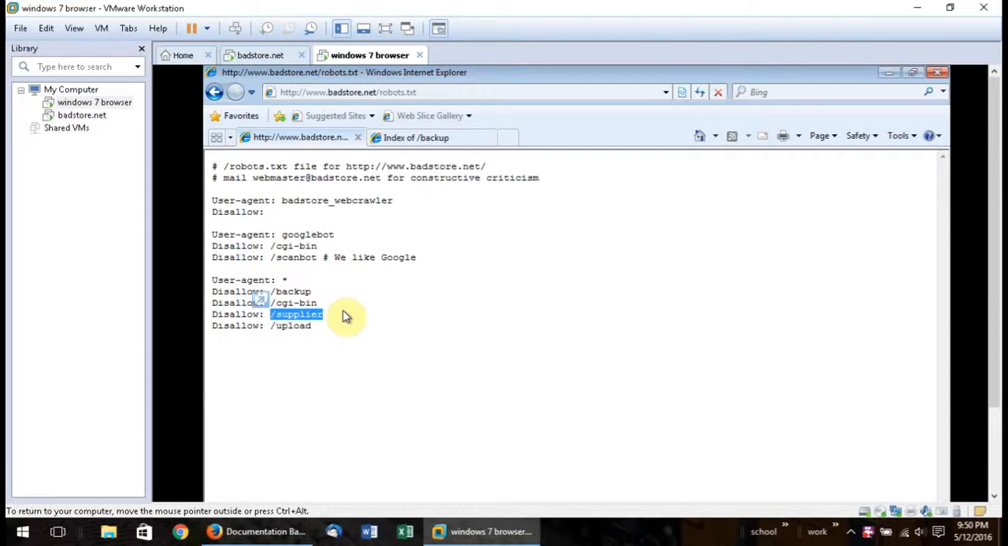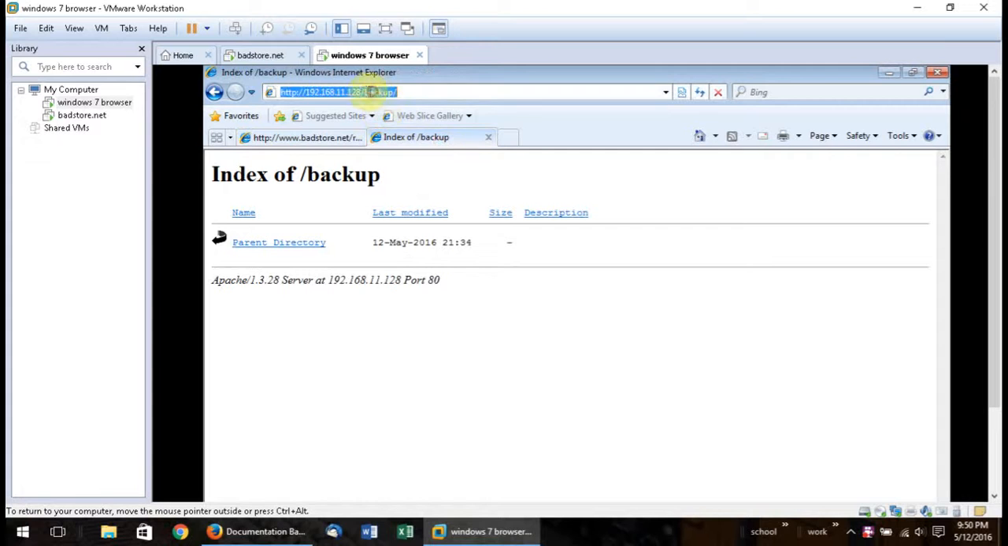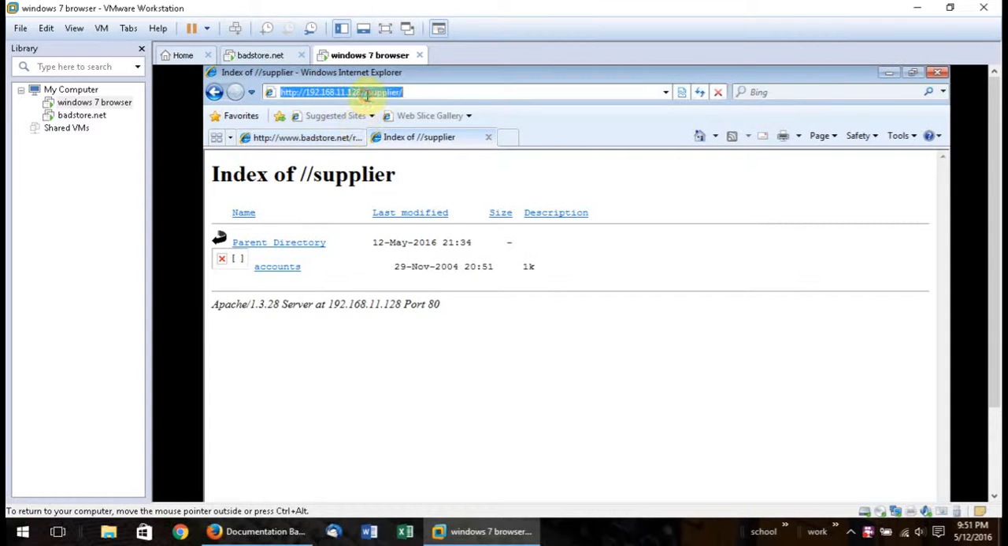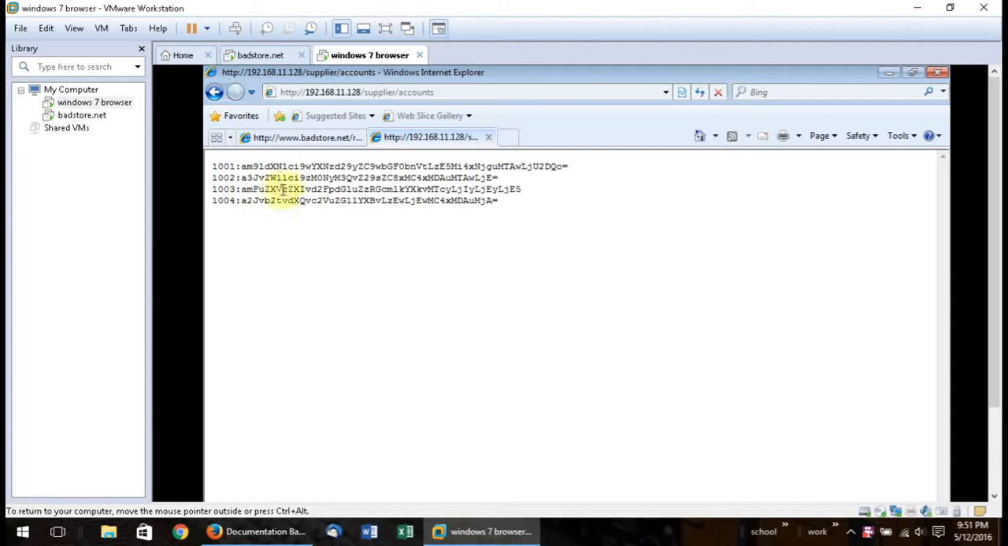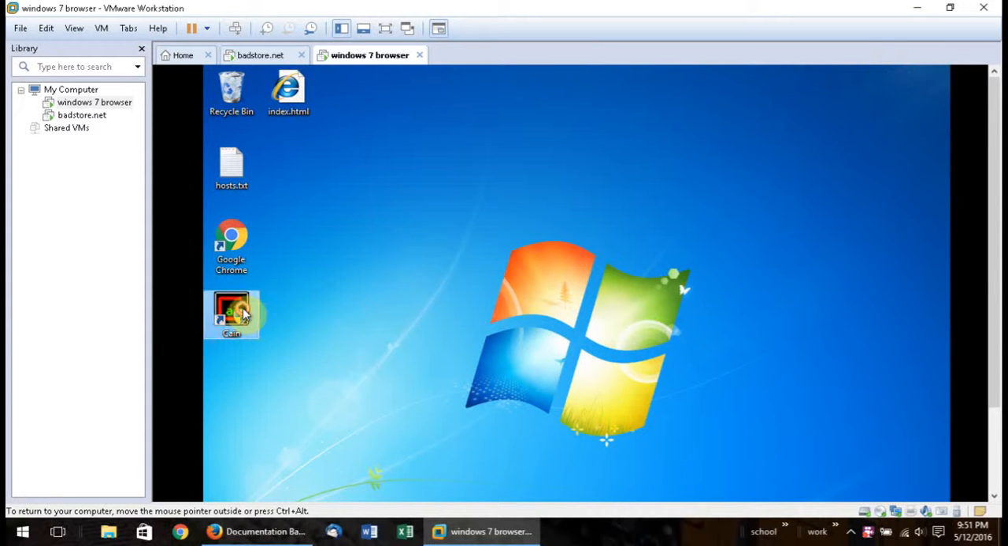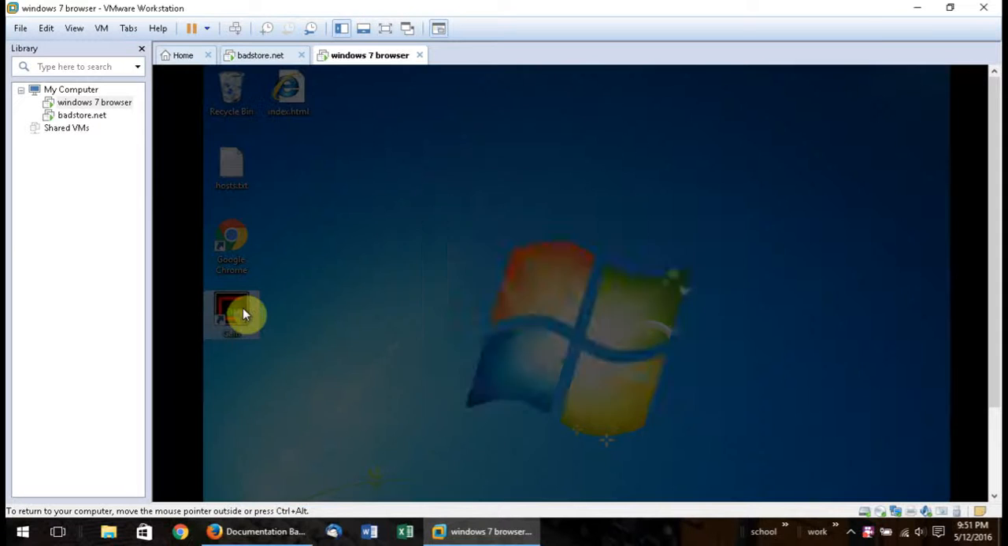And we'll look up supplier. There we go. And look, it actually shows accounts right here. Oh, look what we have here. So we're not quite sure if this is MD5 or what this may be, but we do have some information here. So if you download Cain and Abel,